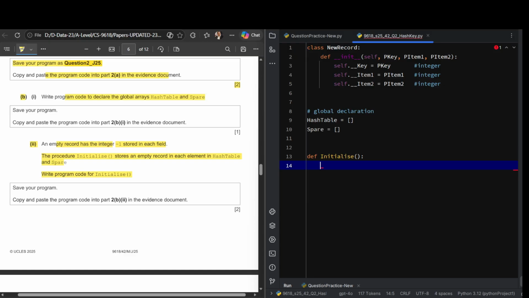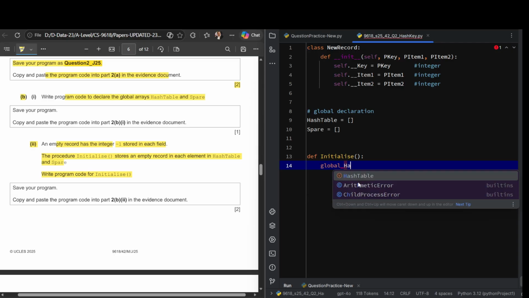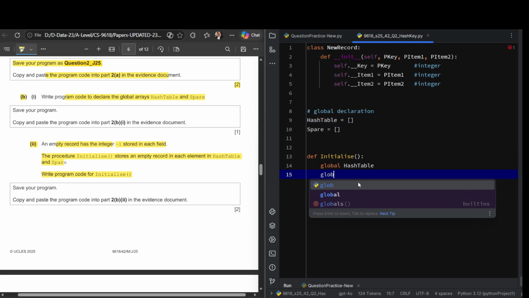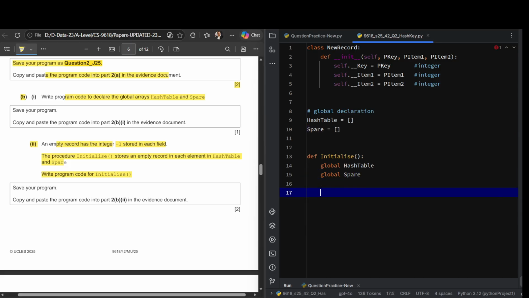So we are going to use loops in initialize. The second important thing is that in any procedure or function, when you will be referring to the global variable, you must write global hash table, global spare. So you write the name of all the global variables that you require in your procedure and function. This is the requirement of Python. All right, for i in